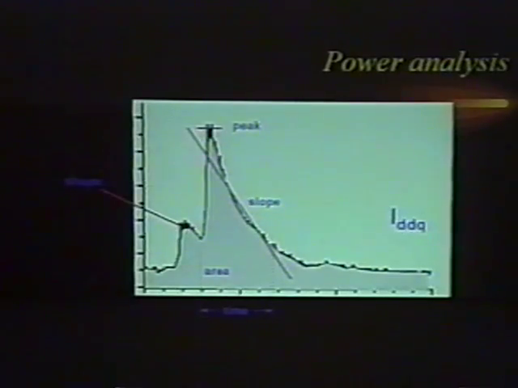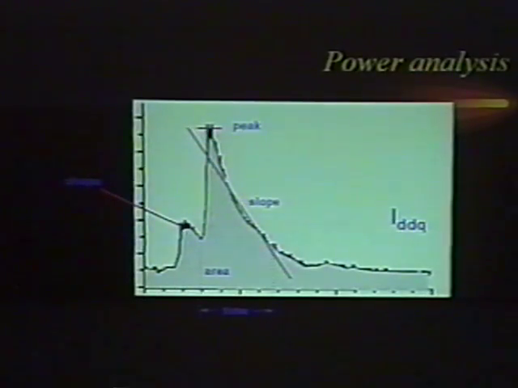This is a picture of one single clock cycle. The clock is the heartbeat of the CPU. Every clock cycle, the CPU makes one internal step, and it processes instructions. So it processes machine instructions in a couple of clock cycles. Now this is one single clock cycle, and we're looking at the power consumption during this clock cycle. Here the clock cycle starts, and for a while nothing happens, but then the power consumption goes up and it slowly goes down to the end, and when the next clock comes, it starts again.